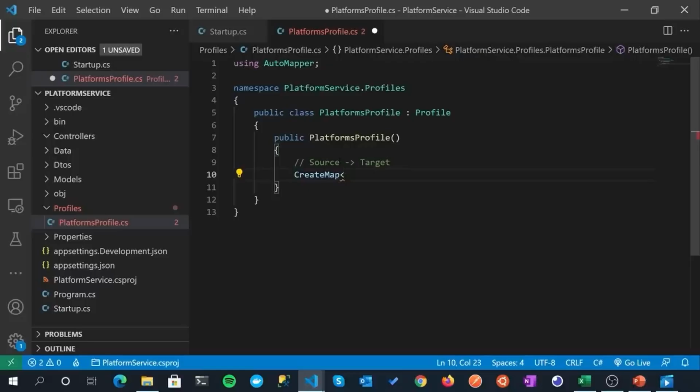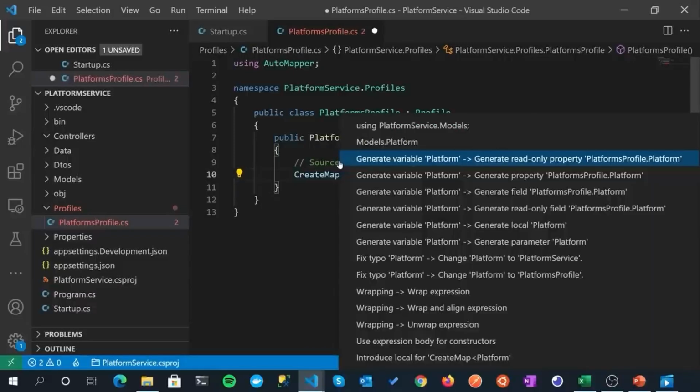Now again, if this is a little bit abstract, when we come on to writing our controller, it will become a lot more obvious when we actually start putting it into practice. But for now, let's create our mapping. So Platform, so this is our model, is the source. And let me just bring in the namespace for that before autocorrect starts driving me mad.